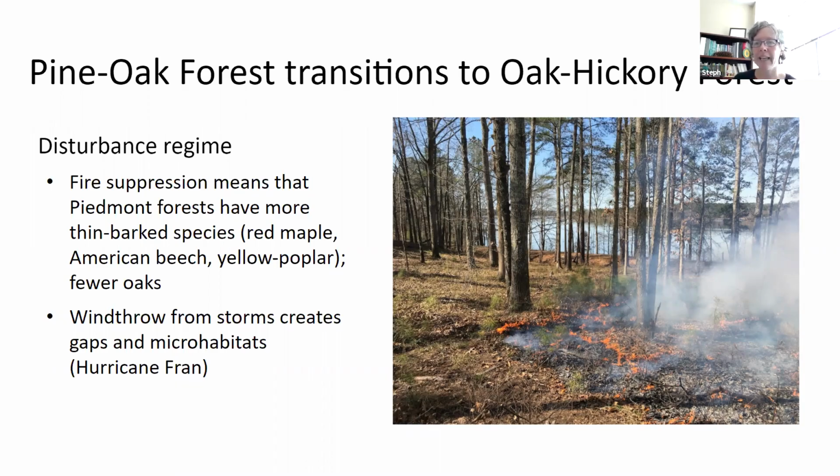And then we definitely have some damage from storms, right? So wind throw will uproot trees and bring them down, and that creates gaps in these forests and also microhabitats. So in the Piedmont of North Carolina, probably the most notable storm that we've had in recent history is Hurricane Fran, which was 1996. You can still see tip-up mounds and areas where that forest is still recovering following that really big storm, which had very strong winds and uprooted, it really devastated a lot of areas around this part of North